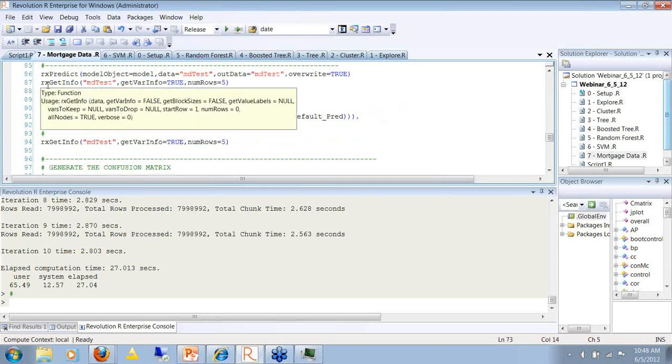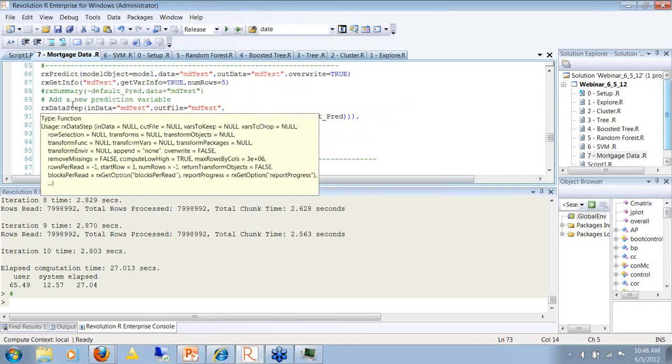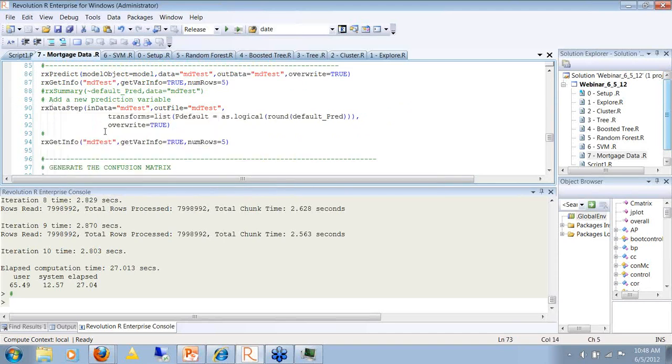We have a similar function. RxPredict is the analog of the predict function that we used before for the open source R functions. Here RxPredict serves a similar function in providing predictions for data on a new test set. So this is data that we withheld.